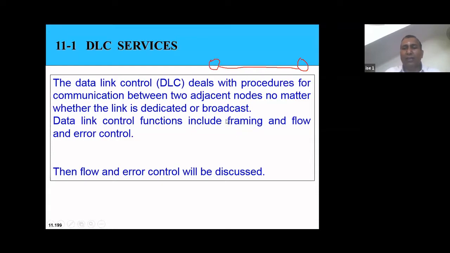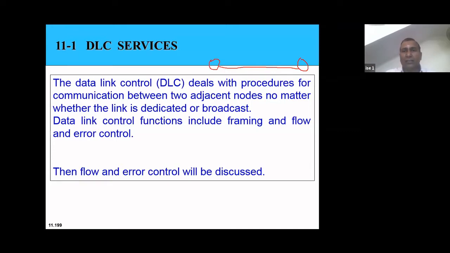So how will it be converted into a frame? Whatever datagram is coming from the upper layer, that is network layer, to data link layer, this datagram will be attached with a header and it will be attached with a trailer. So basically, a header part contains the MAC address. MAC address means source, hardware address, that is network interface card.